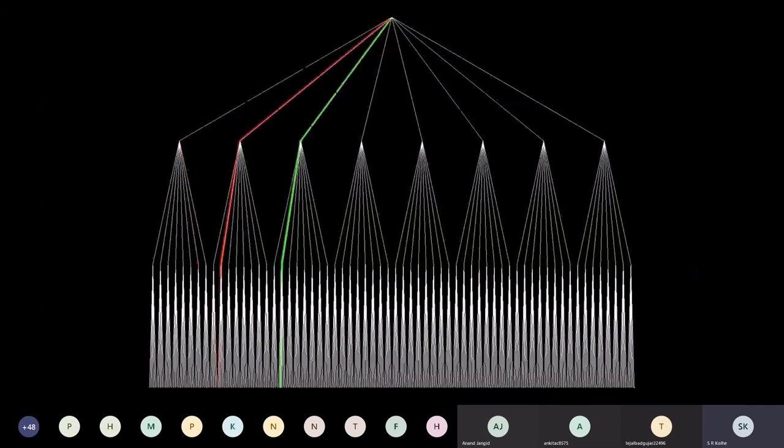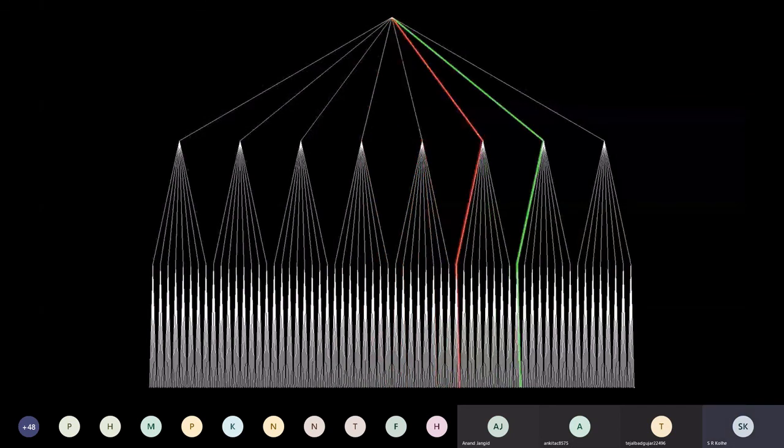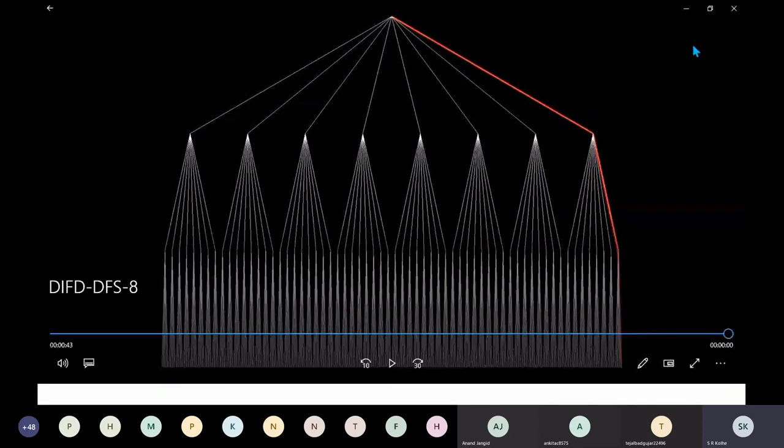We are increasing branching factor. Now B is equal to 8. So for B is equal to 8, again DFS has finished first. But now both are coming closer.